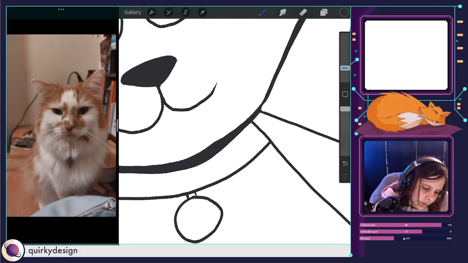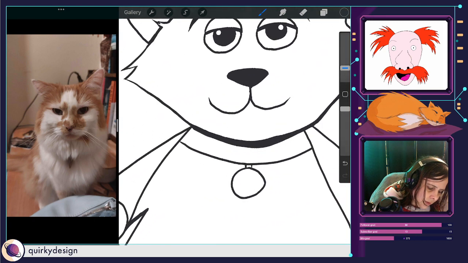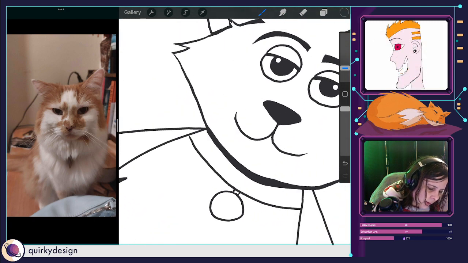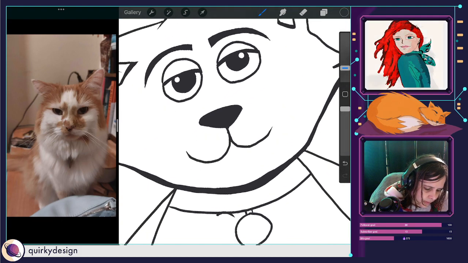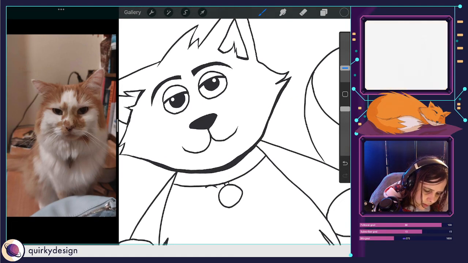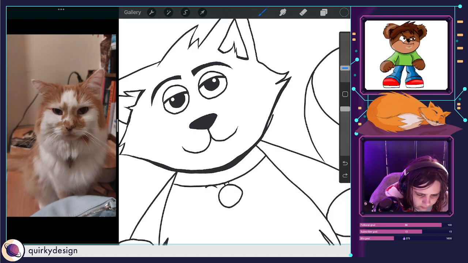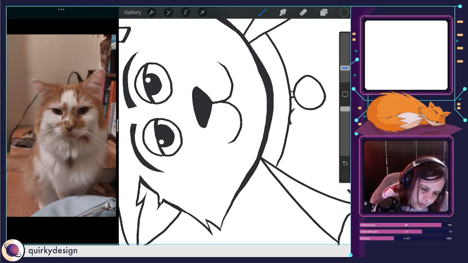Just trying to make this naturally work, because I like the idea of giving him a thick line there to look like he's got a shadow underneath, maybe. But then I'm trying to make it look not too odd, if that makes sense. Nah, it looks a bit too weird. I need to get rid of it.